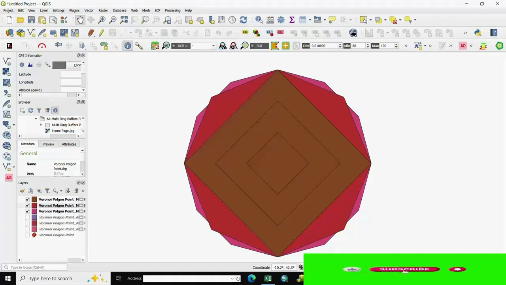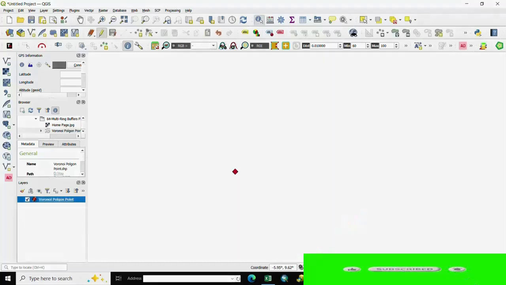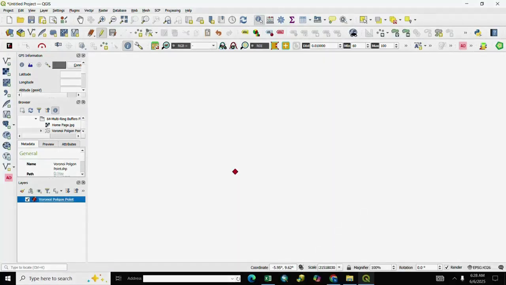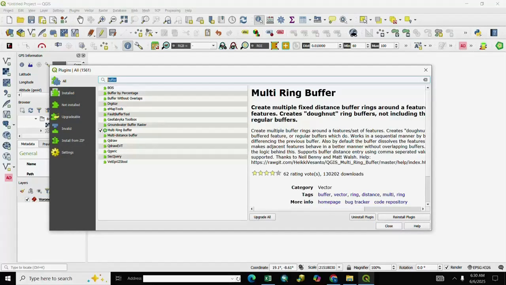So let's start. We already discussed previous video for how to install plugin, buffer plugin. So we discuss only shortly. For install plugin, we go to plugin and manage and install plugin, and we write here buffer, and we select here multi-ring buffer and install it.